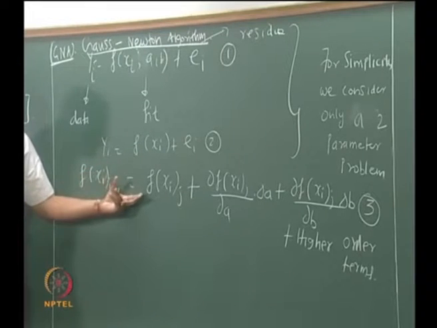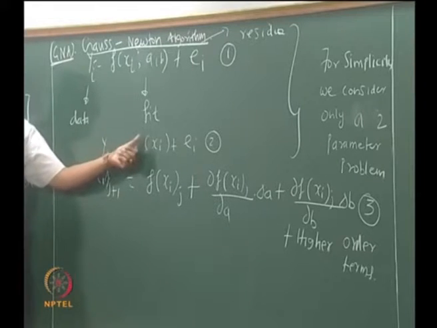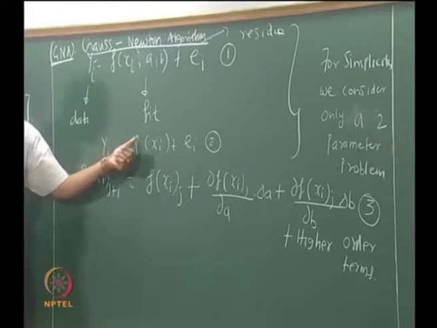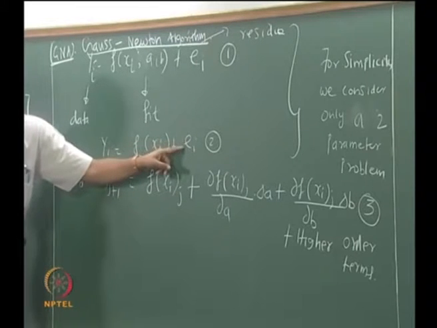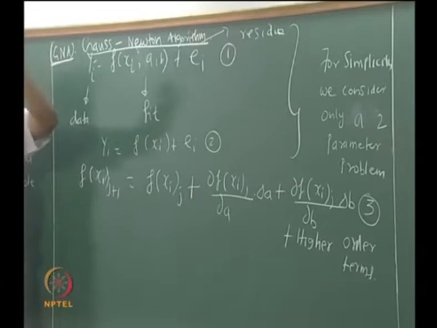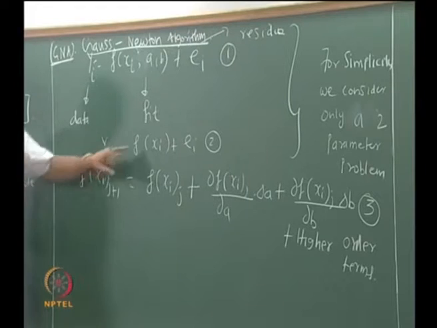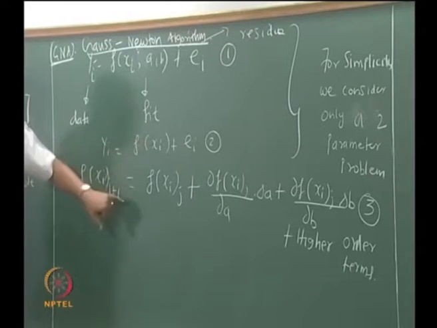So once you have a Taylor series, this is not a Taylor series expansion. This says that when a data is fit with an approximate function f, there will be a residue associated with it. Please remember that ultimately we want to minimize the residue. We do not want to minimize E1, E2, E3. We want to minimize the total residue, right, when there are n data points. Therefore now we substitute for f of xi from equation 3, right.